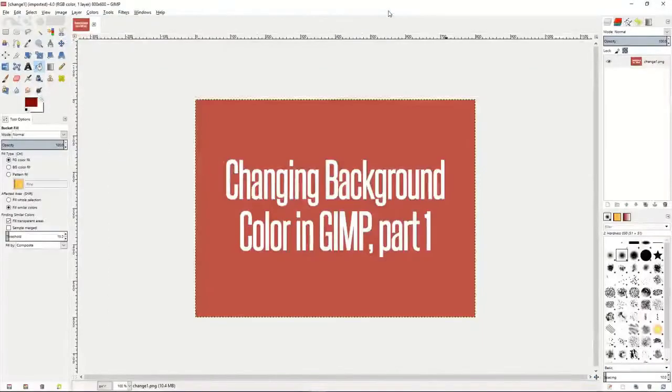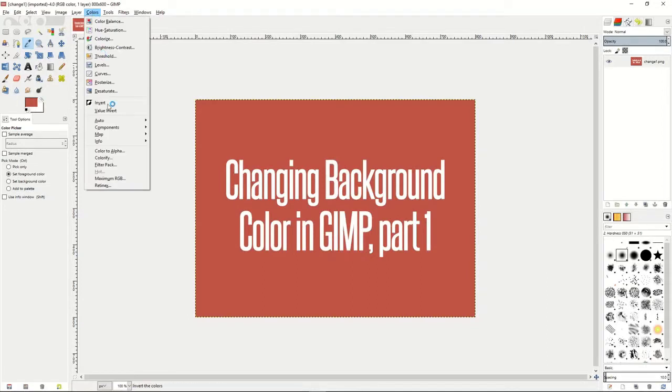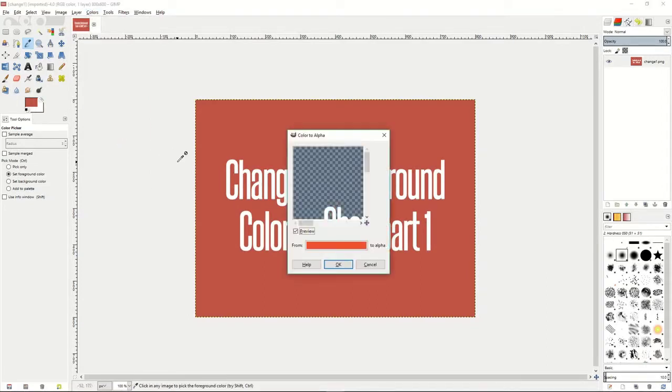Welcome to the next tutorial in GIMP. This is a very quick tutorial, part 1, about changing background color in GIMP. It's actually a very quick way to do this in GIMP, especially if you have an image that already has a background color you'd like to remove. So the fastest way to change the color in your background is to go up to Colors, Color to Alpha,